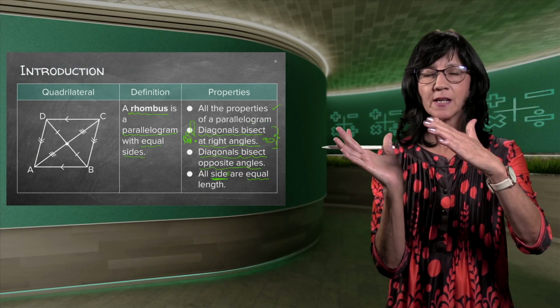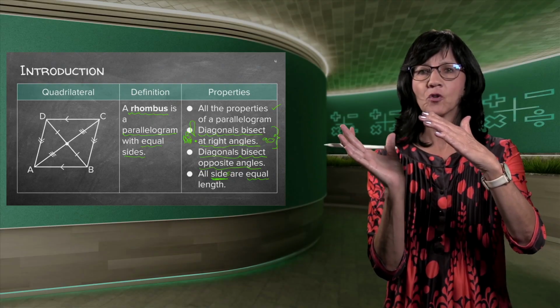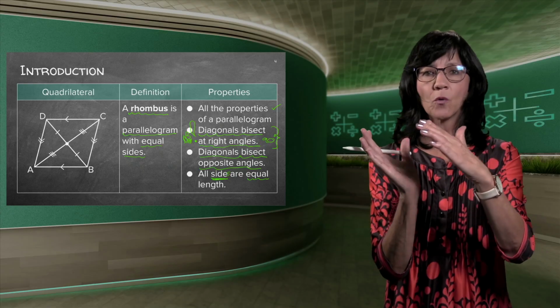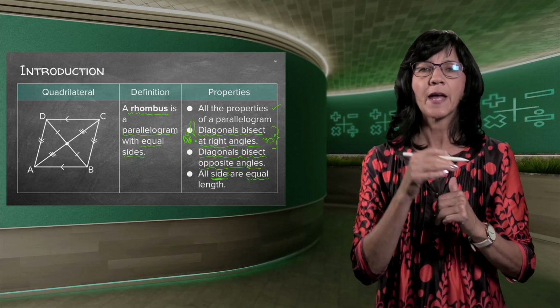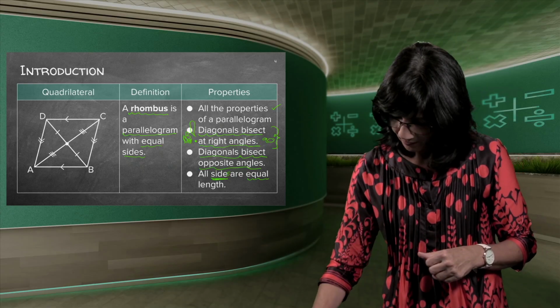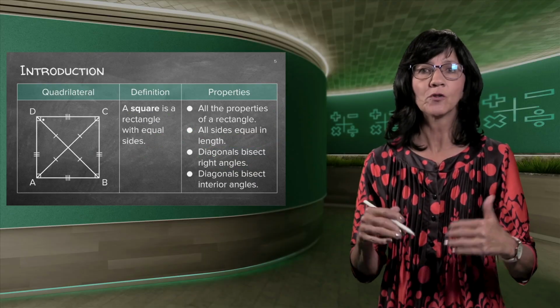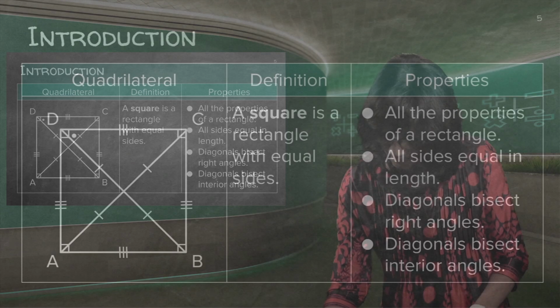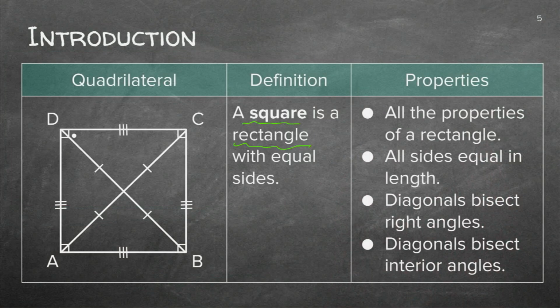So it's just as a parallelogram, but it's now just all sides equal. And because we're making all sides equal, we have the diagonals that bisect at 90-degree angles. Now, when we get now to the square, you'll see it's just the same. A square, again, is just the same as a rectangle, but with equal sides. Now, because the sides are equal, it's the rectangle just squashed. And you remember a rectangle is actually a parallelogram, just put up straight. So it's all the properties of a parallelogram.